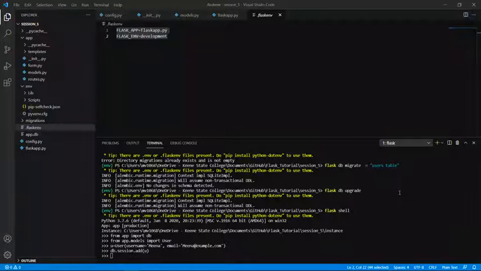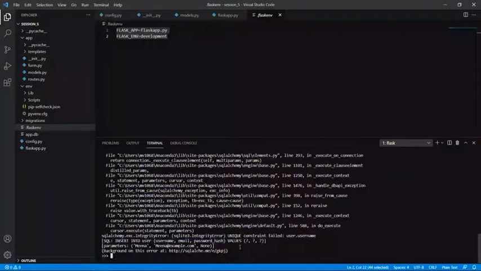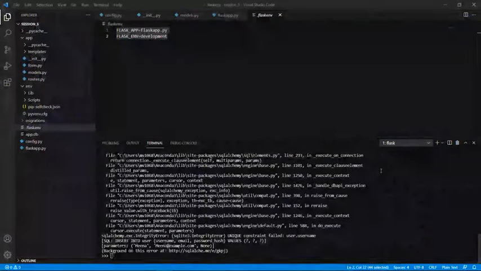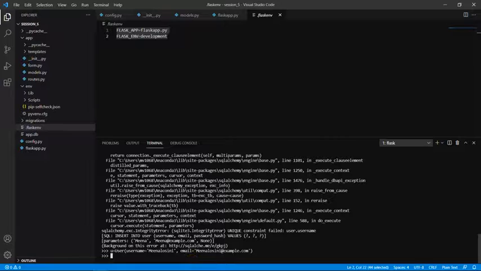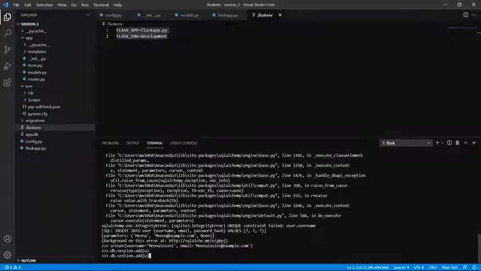Second, we have to commit these changes. We have added it, but to commit these changes in the database, we have to use this command, db.session.commit(). Okay, we have to commit these changes. Since I have already added that previous name, and because we have set unique as true, right? It will not take the already existing value. So I'm just adding a new user value and then adding this user and then committing this change.